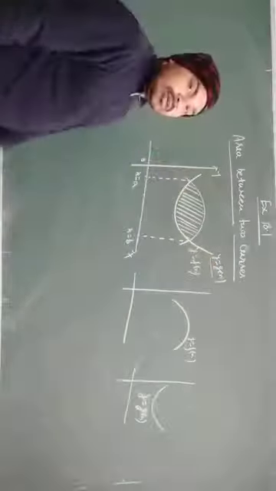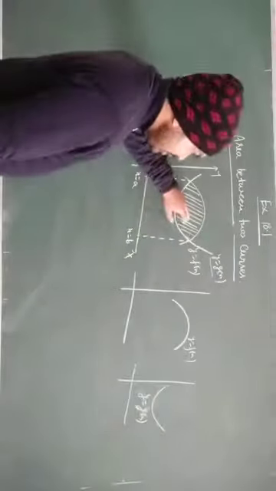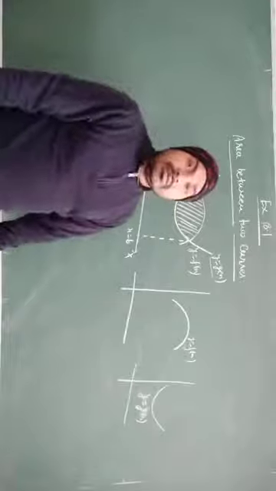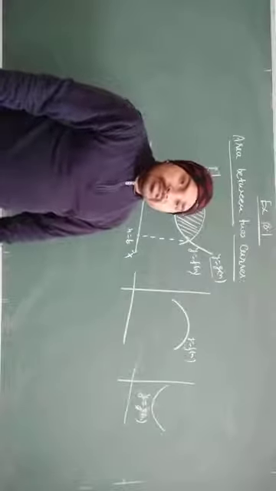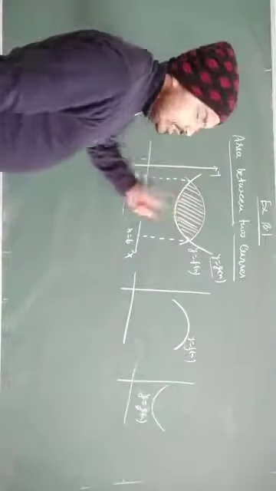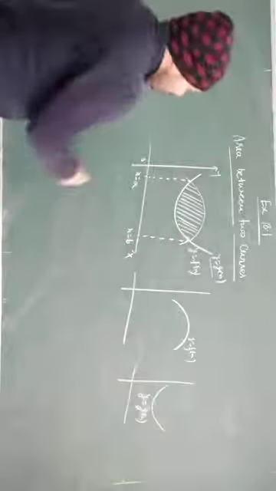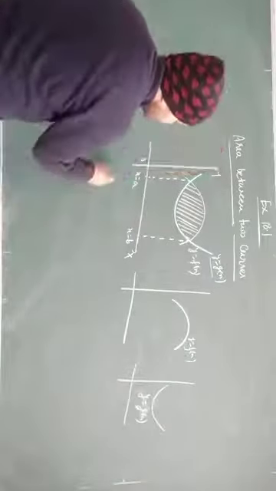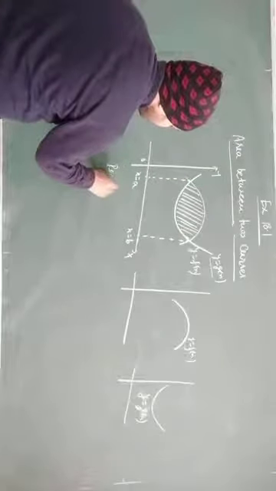So how can we find out the area of this sided region? The process is the same. First of all, recognize your limit points, limit values. Within the limit we have to find out the area of this required region. The limit is already given, x equal to a to x equal to b. So the process is finding the required area.